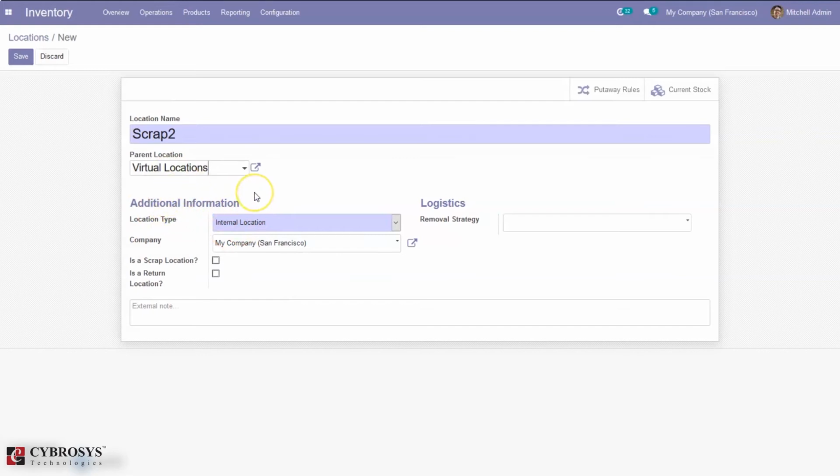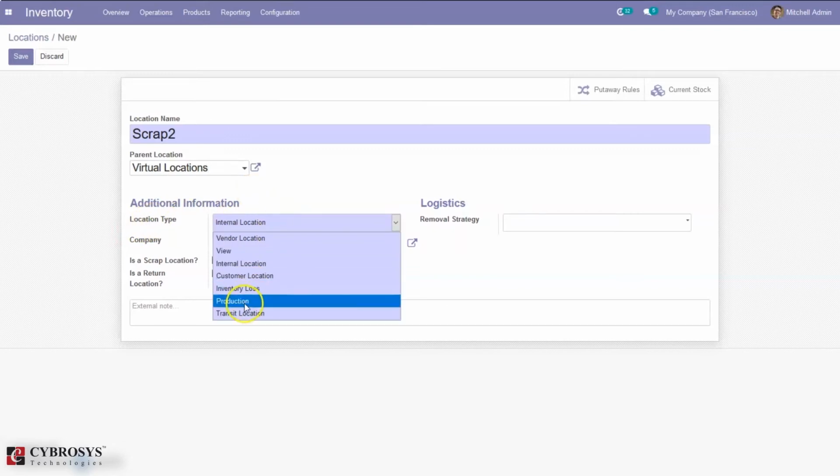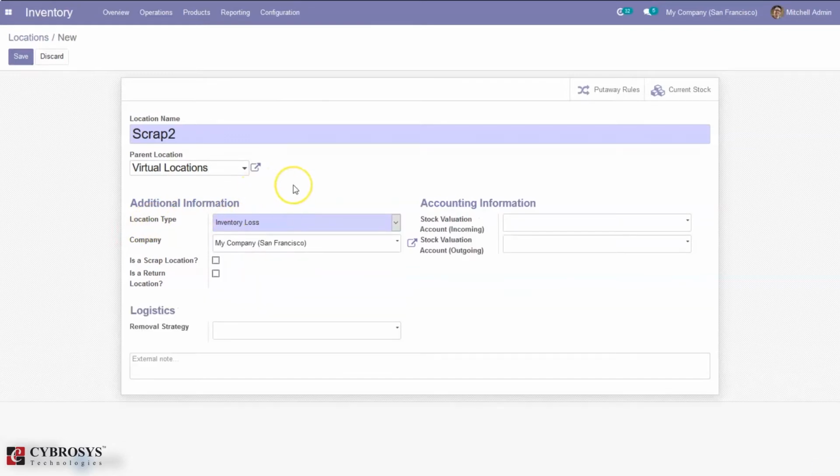We get a hierarchical structure, virtual location slash scrap2, and here we can set the location type as inventory loss, because this location is used to manage inventory loss, that is lost products or scrap products.